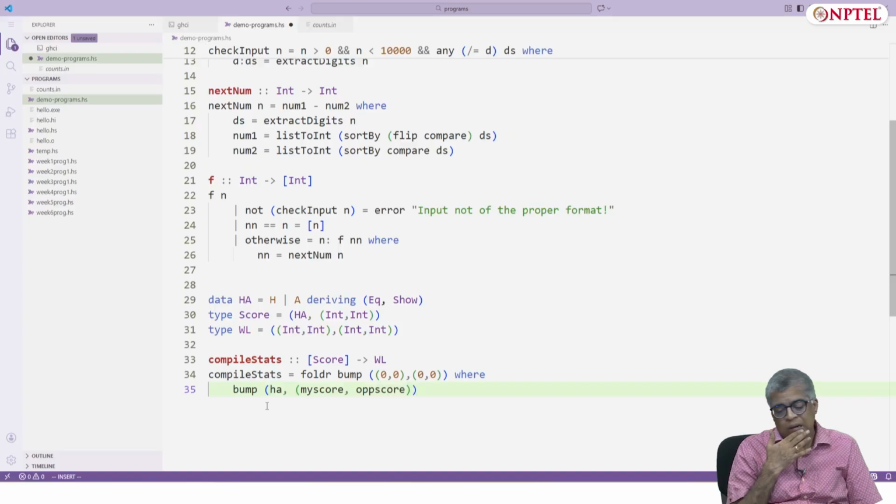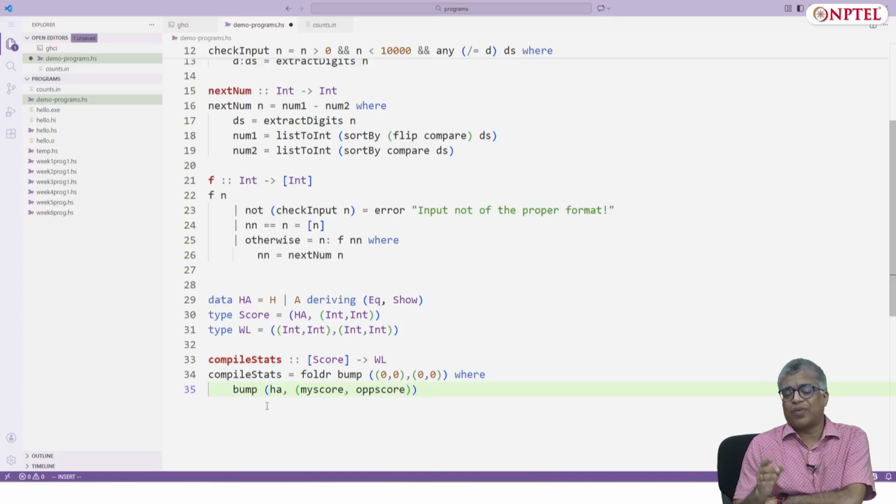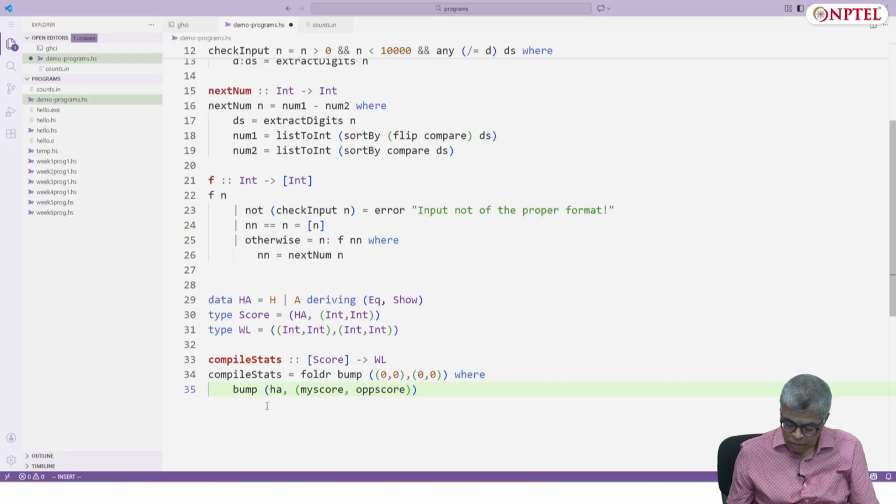And then the other value is this win loss, so it will have home wins, home losses, away wins, away losses. Okay, these are my inputs.